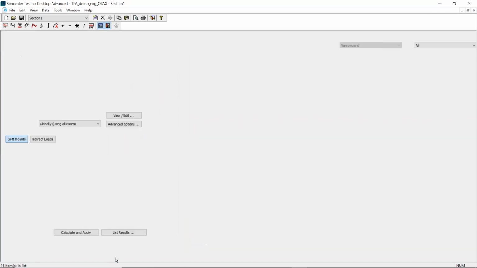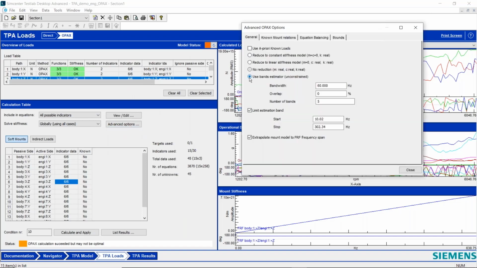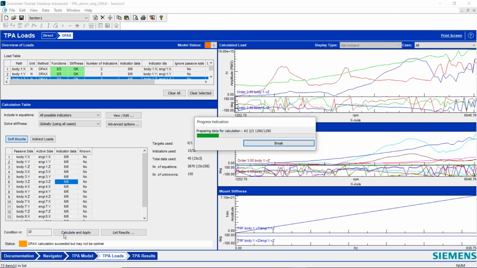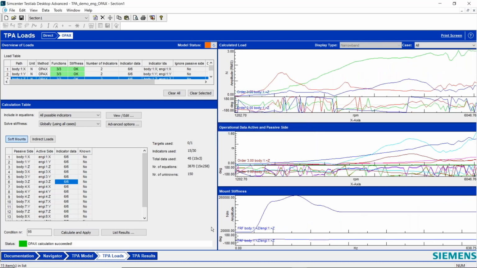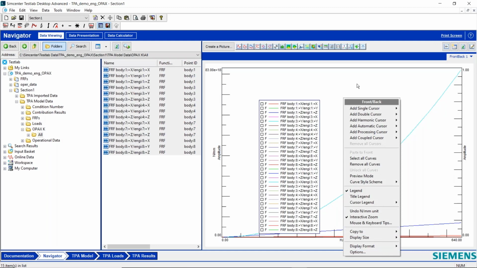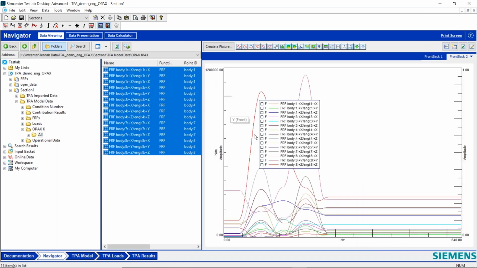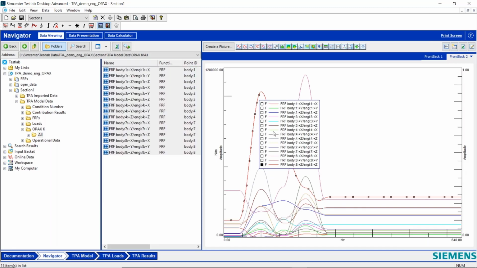So let's compare those to one of the other methods. So let's do the band estimator model, 60 hertz. Turn that off and calculate. Okay, and then we can compare it to these stiffness curves. So this was 83 to 18. Okay, so some of them are a little funky looking, but some are okay.